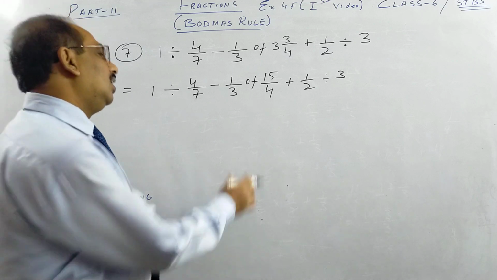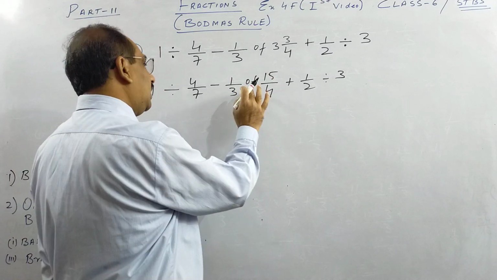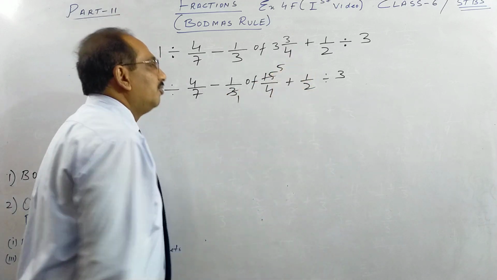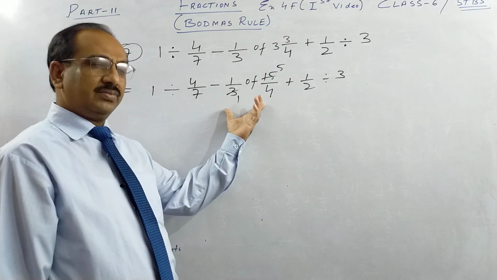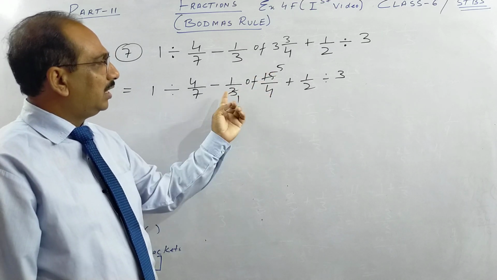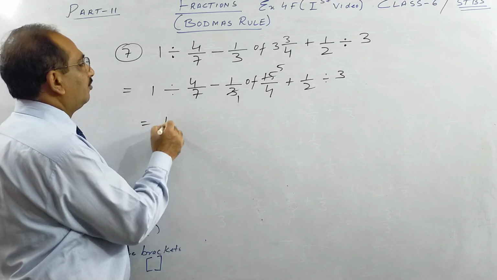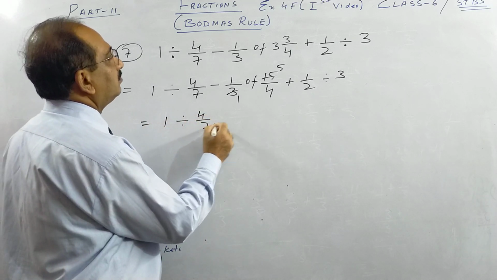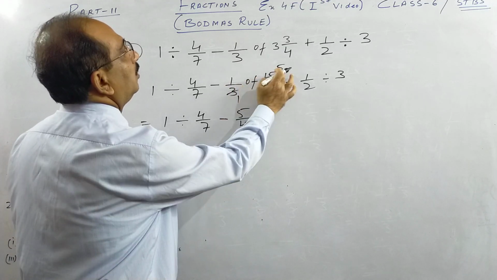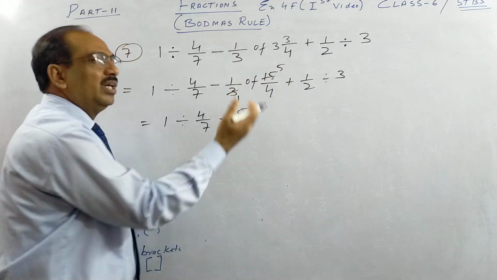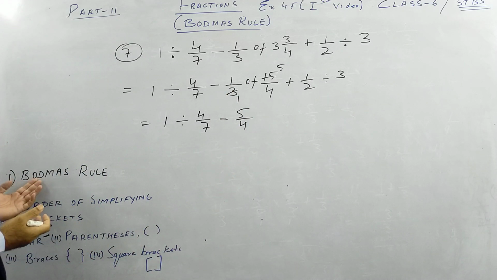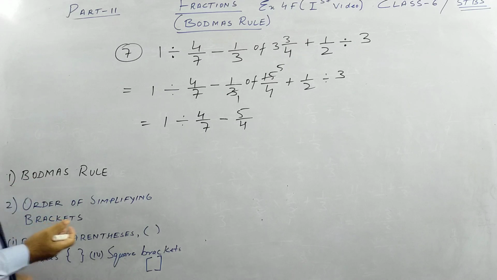Now here only with off, you can write multiplication with off also. 3 ones are 3, 3 5s are 15. So I have cancelled. Okay, one step I do here only. First you do off, I converted, and 3 5s are 15. So what we are left with, children? Minus 5 by 4. 1 into 5 is 5. So imagine it to be multiplication only, but it comes much before. Even division, before that off comes.